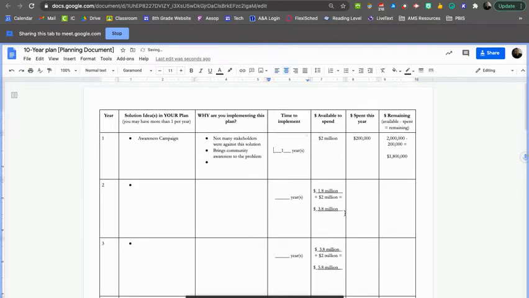This document is optional, but it might be really helpful as a group. If I was working with Emma and Bria, I might want to share this document with them so that we can all be on the same page, know what solutions we're going to implement, why we're going to implement those plans, the time that it takes to implement a single plan, how much money you have to spend, how much money you are spending, and then whatever is remaining. It helps you lay out all of these things coming into this final piece before you put it into your PowerPoint. I think it would end up making a better PowerPoint in the end.